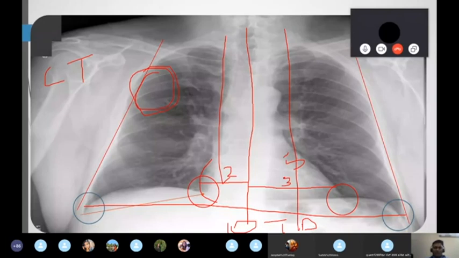Sometimes mediastinal enlargement will be there, which means your mediastinum looks very big. In such cases we don't know whether there is lymph node involvement or any mass. In such cases, they always go for a CT scan. They want to see where the mass is located in the mediastinum.